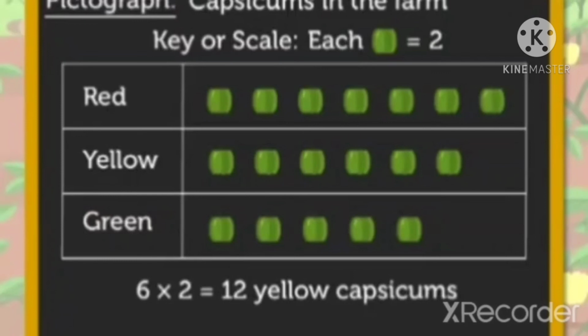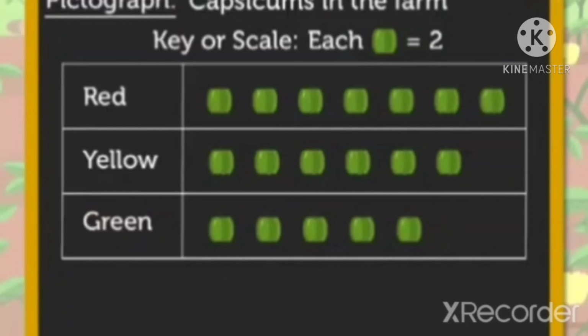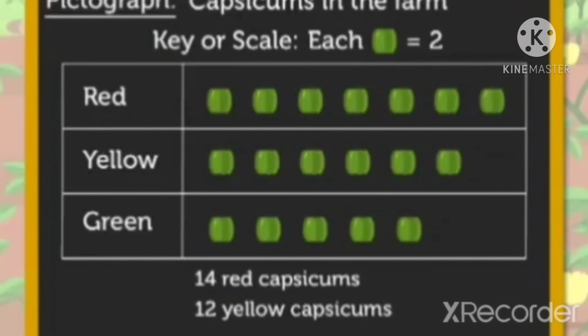There are 12 yellow and 10 green capsicums on the farm. Hence, from the pictograph, we can say there are 14 red capsicums, 12 yellow capsicums, and 10 green capsicums on